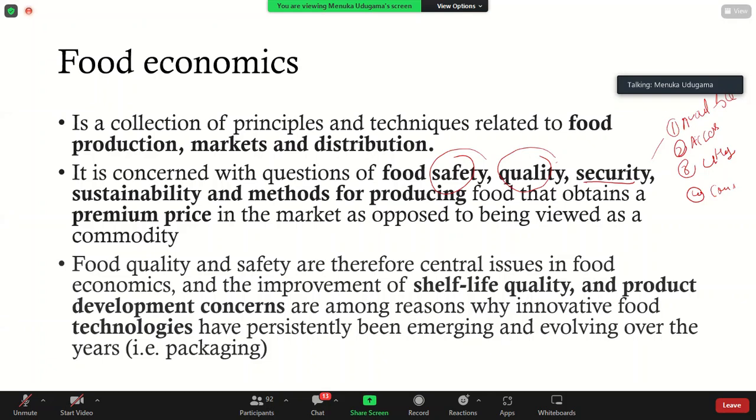We try to apply the economic principles that you have been learning over these two weeks to understand how the food industry and agriculture industry work, and how you could improve the industry and make certain decisions when it comes to food and agri-food production, marketing, distribution,